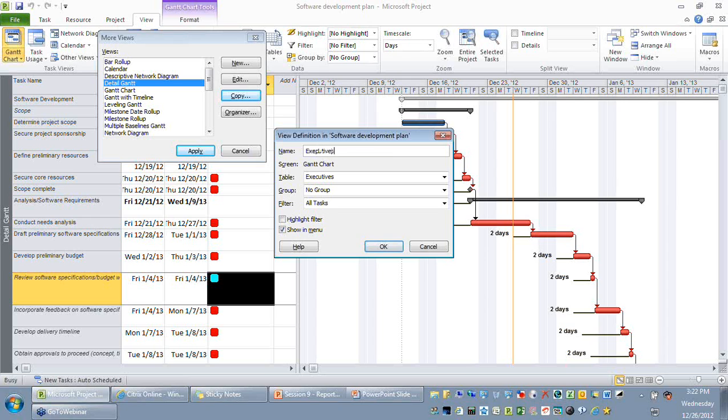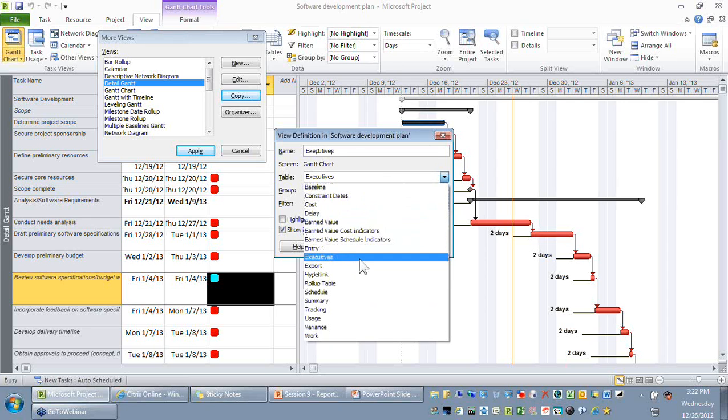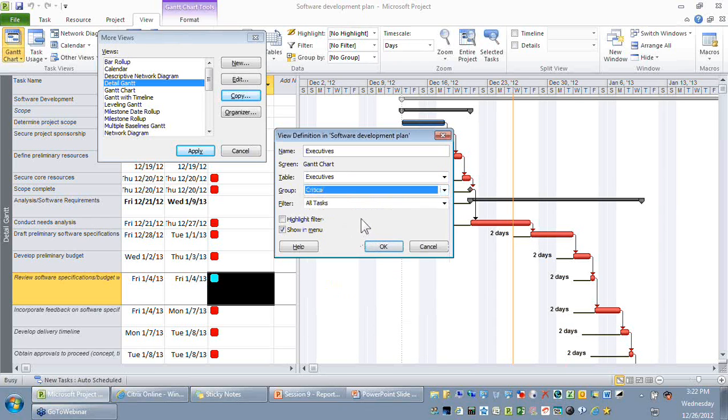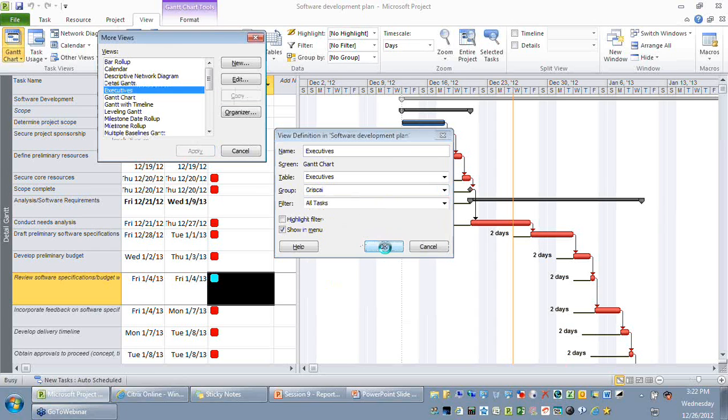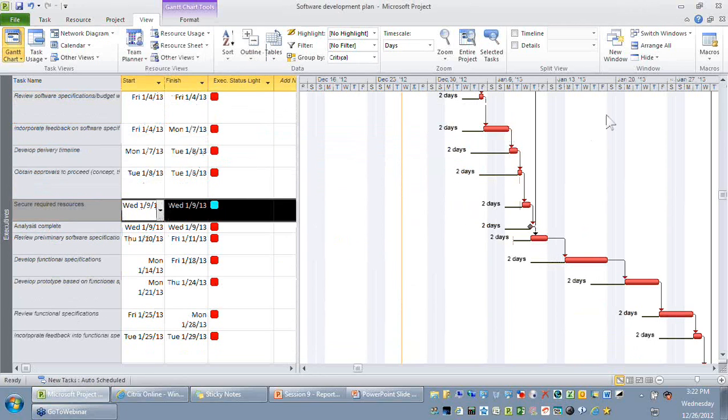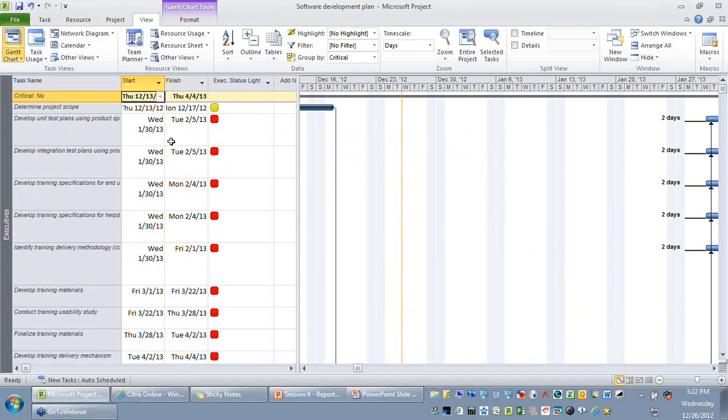Let's say I'm saying it is for executives, and what's the table that needs to be used, executives. Naturally, if there is a group that should be done, it should be grouped by critical and non-critical activities. I'll say OK. So when you try to apply it, you are able to see that the activities are more grouped by critical no and critical yes based on your requirement.